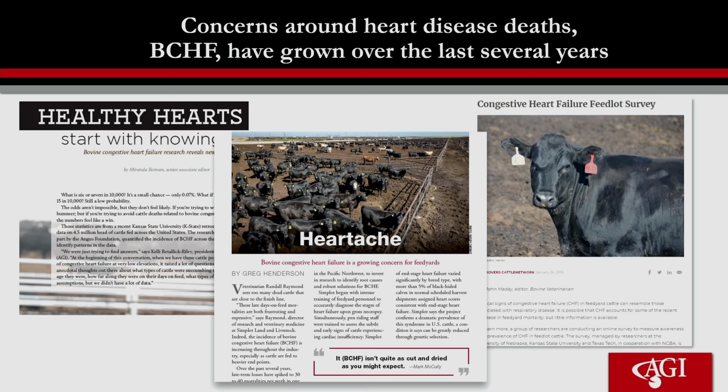I don't know about you, but I haven't been to an industry conference or opened a popular press magazine without seeing or hearing something about bovine congestive heart failure within the last year. This is one of those growing concerns that we've had in our industry, and something that at the American Angus Association, AGI, and all of our family of Angus entities we're not taking lightly, and we're really helping and trying to support our industry in finding solutions for this condition that's gained a little bit of ground in the